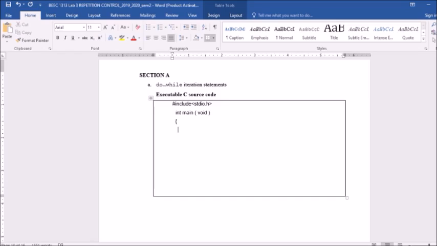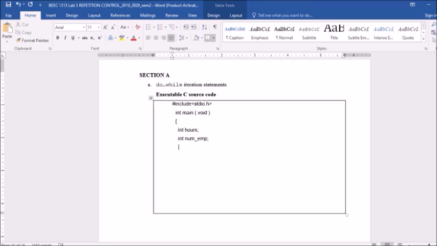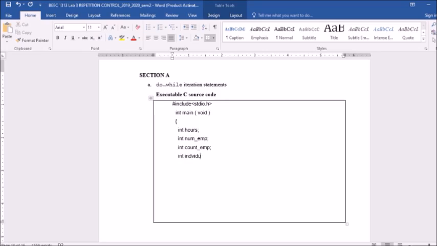I will declare integer hours, integer number of employee, integer count employee, integer individual,